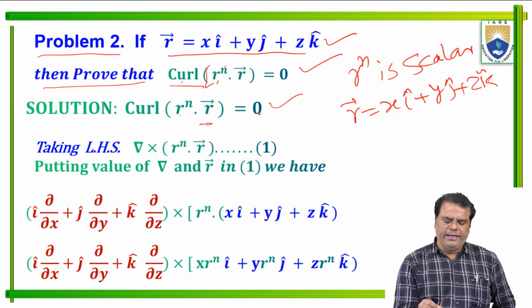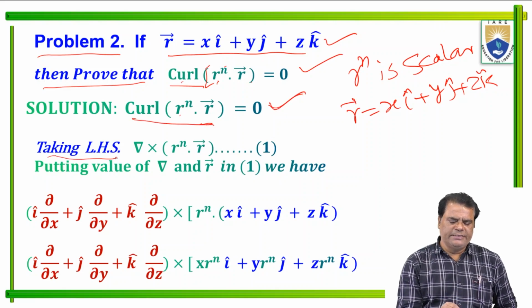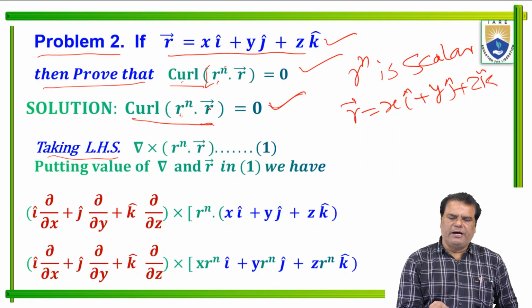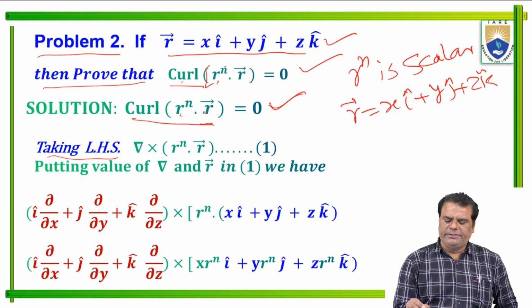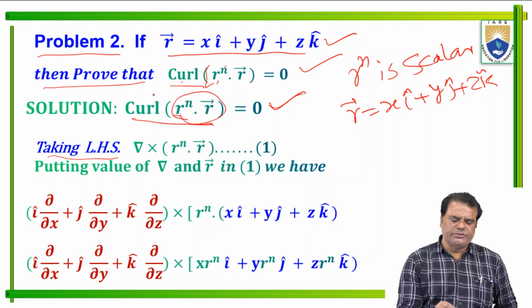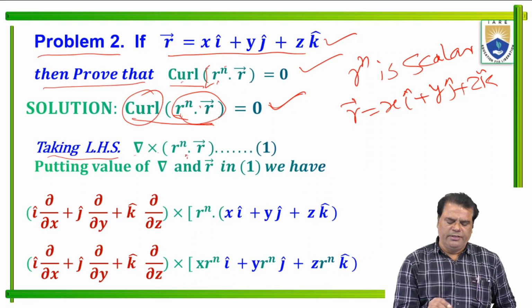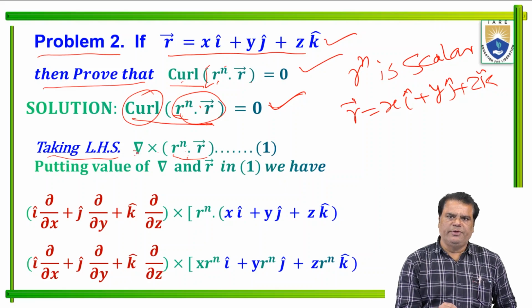We have to prove here this result must be equal to 0. So taking left hand side, del cross R to the power n vector R. Curl means cross product between del, so this is a vector operator and this is curl. So del cross of this function, a vector point function. This is a vector point function, taking the cross product between these two